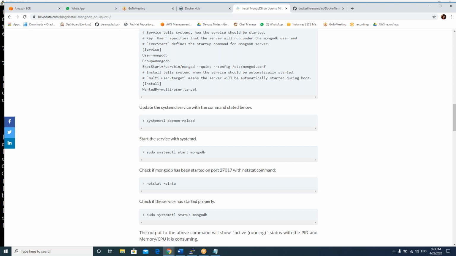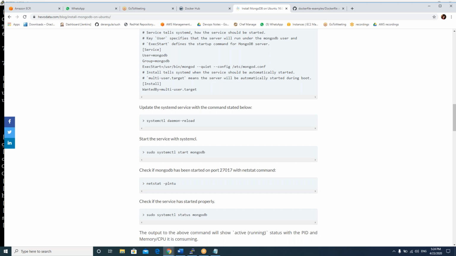Whatever settings I need, everything I will add, and the same file I will paste into my Docker image where it is required. I'll replace the original file. That is what I can do. Add command. What is the add command? To copy a file from the Docker host to the Docker image, you'll use the add command. Okay, so this is how you have to follow.